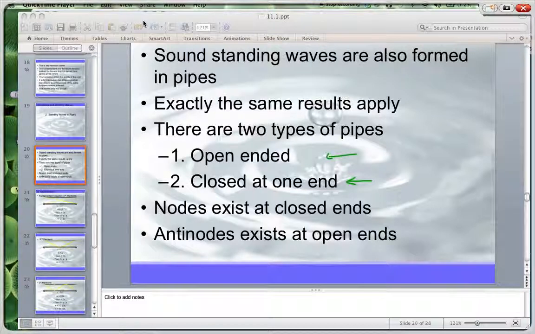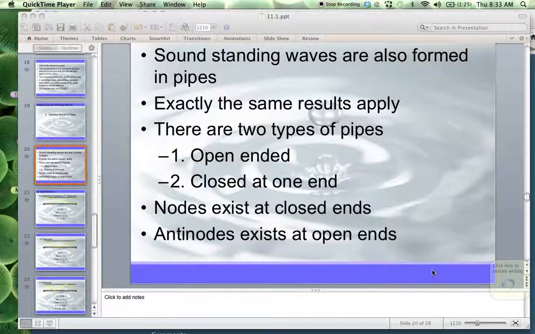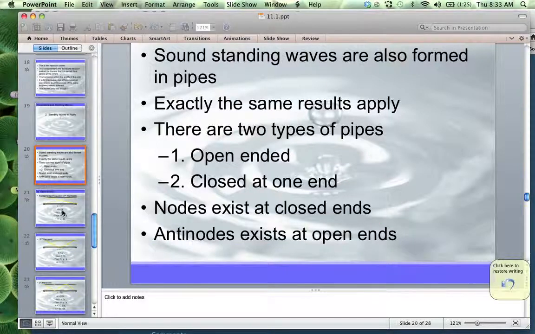Now, one thing that you always have is that nodes exist always at closed ends. The particles will always form a node at a closed end, and you can only have an anti-node at an open end. So that's what happens. Again, I'll show you that video. It works. It's quite nice. It will show the example of that. So we're going firstly to look at